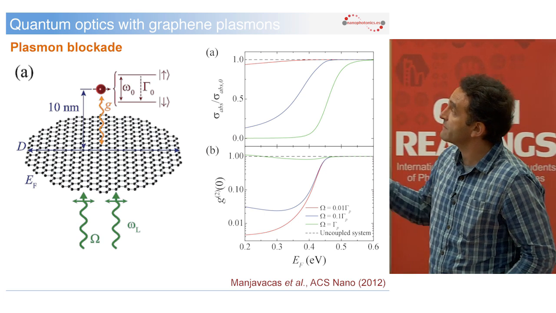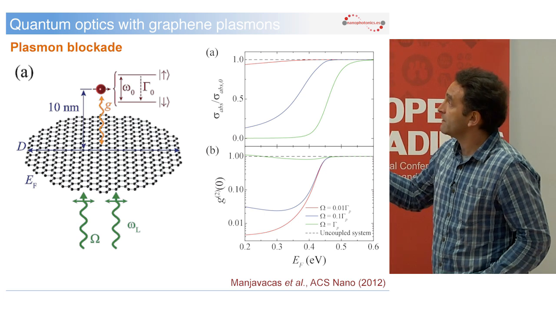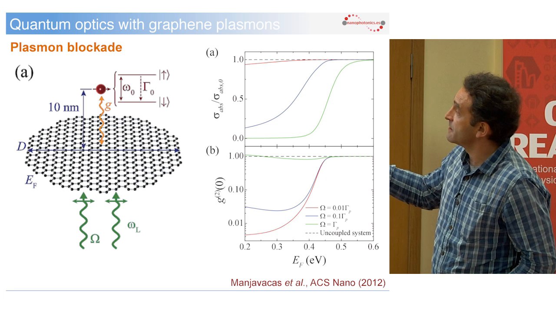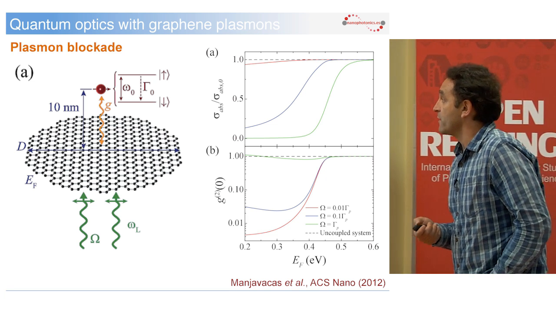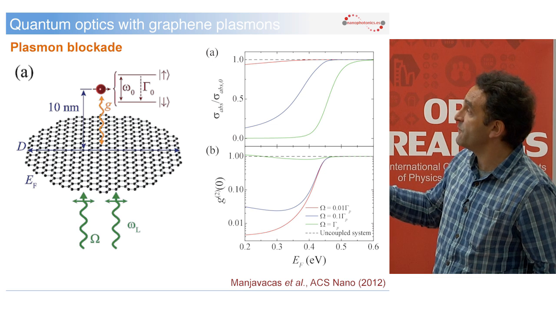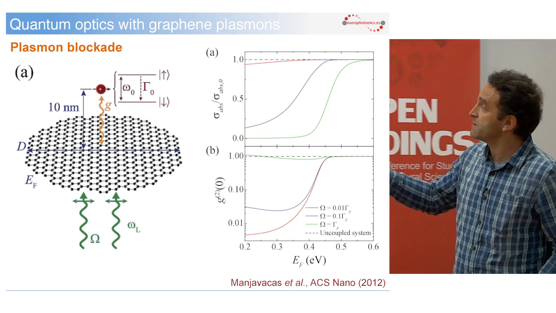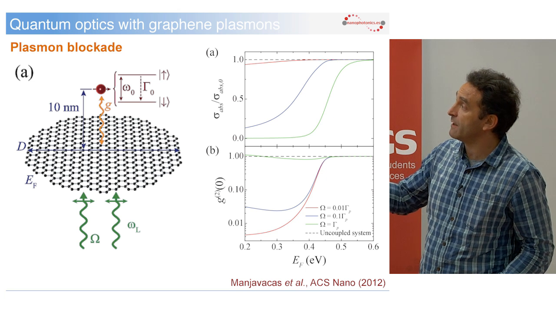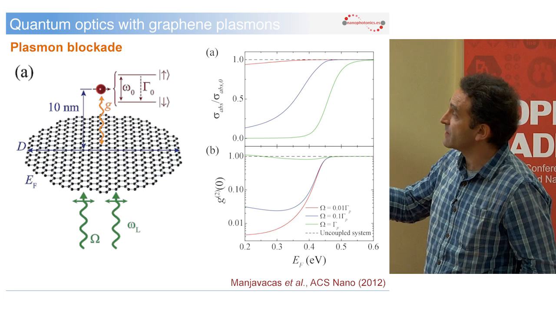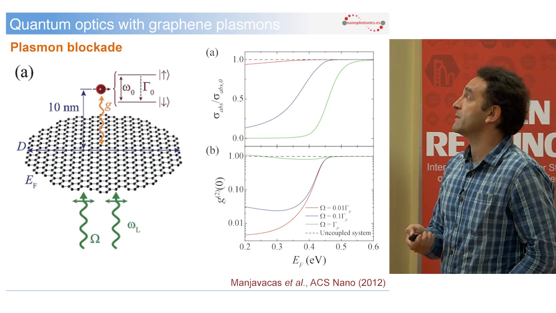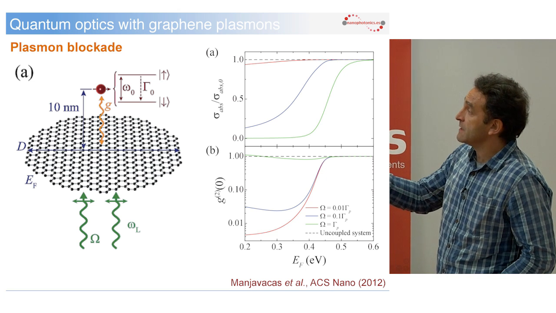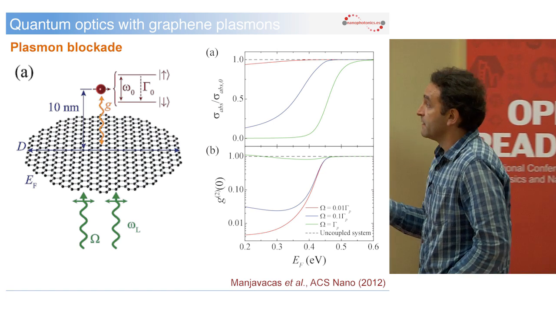and that gives rise to quantum nonlinearities, a nonlinear response inherited from the quantum emitter, but also quantum statistics in the second order correlation function. We have been postulating that, because of the different frequency scales involved, the plasmon frequency, the decay rate, the rate at which you can dope the material, the gigahertz with microelectronics, the decay rate of an emitter, for example erbium, and when you put it close to graphene, the decay rate goes much, much higher. Essentially, you can control the decay rate of an emitter at will just by changing the